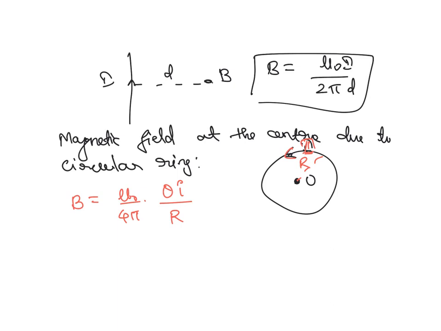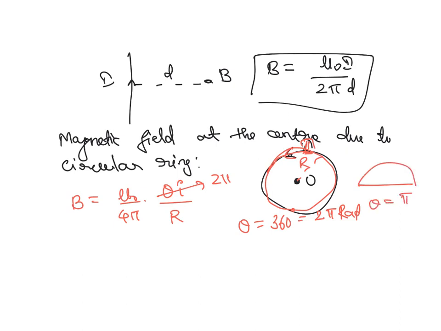How to consider theta: suppose it is a circular ring, then you know that theta equals how much? 360 degrees, or else it is how much? 2 pi radians. That's the reason we can take theta equal to 2 pi. Suppose it is a semicircular ring like this, at that time theta is going to be only pi, 180 degrees, correct? Suppose it is like this, then it is 90 degrees, so it is pi by 2. Like this, you need to consider the value of theta. Use this equation.